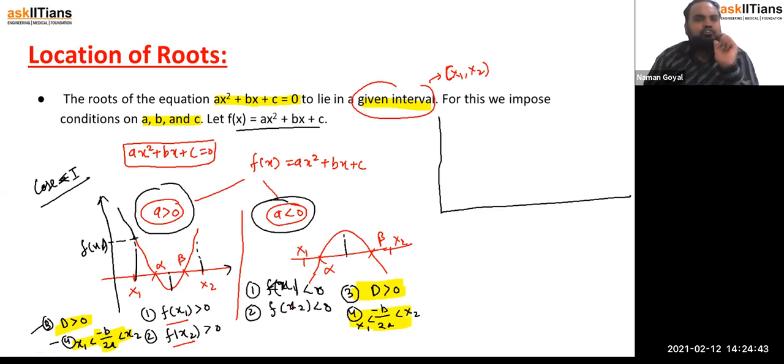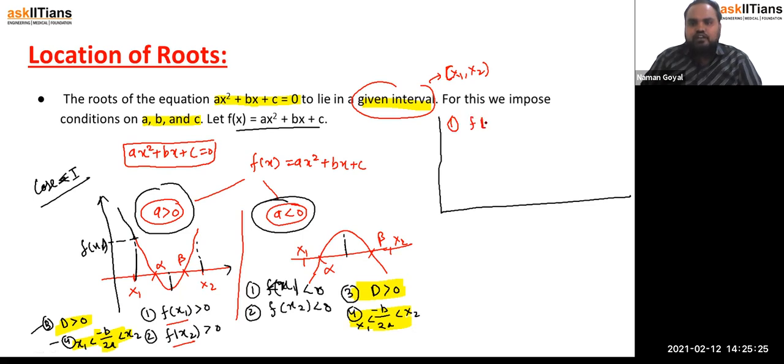If I multiply two positive quantities, for example 2 and 4, then what we get? 8 as an answer. So 8 is a positive number, right? And if we multiply two negative quantities, then the product is positive again, right? For example, if you multiply minus 2 and minus 4, minus 2 into minus 4 is positive again, isn't it? So we can say that in both the cases, either f of x1 and f of x2 are positive, or both are negative, but their product is positive in both the cases. So if we want to generalize these two cases, then we can write first case is what?